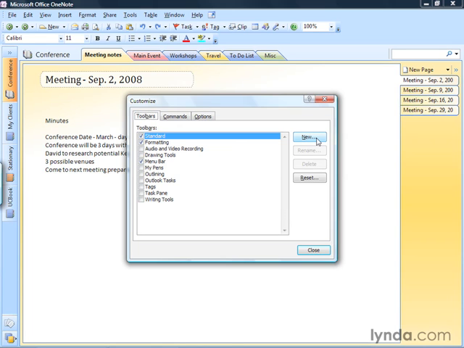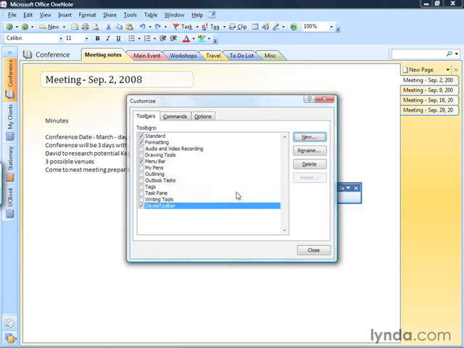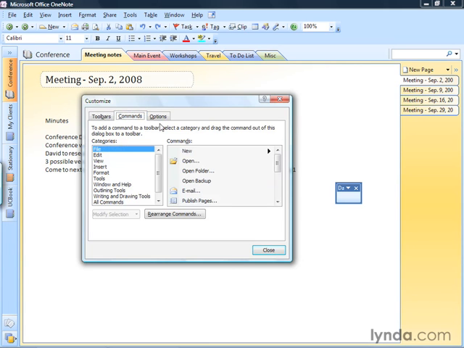So if I click on New, I'll be creating my own toolbar. I'm going to type in my name, Dave's Toolbar. You can type in your own name if you like and click OK. Now as I move this out of the way, you can see the new toolbar has been created. Now as long as I'm in Customize view here, I can start taking commands from the command section over into